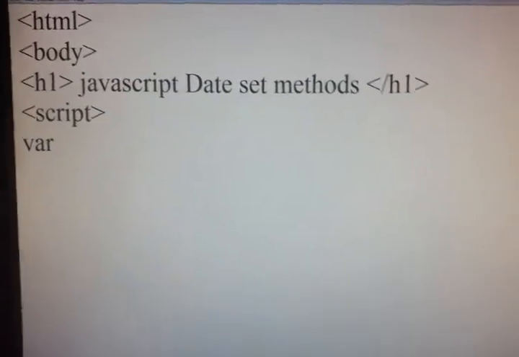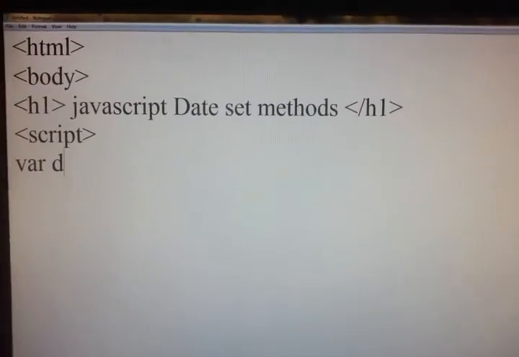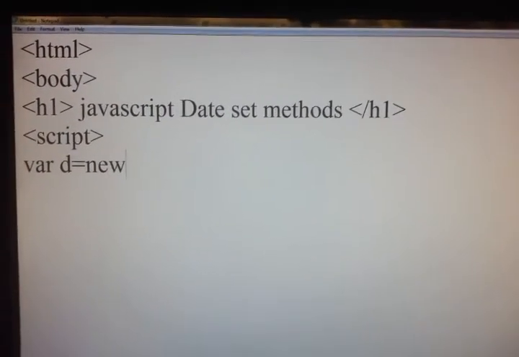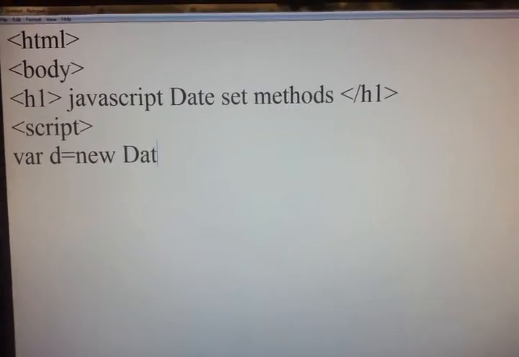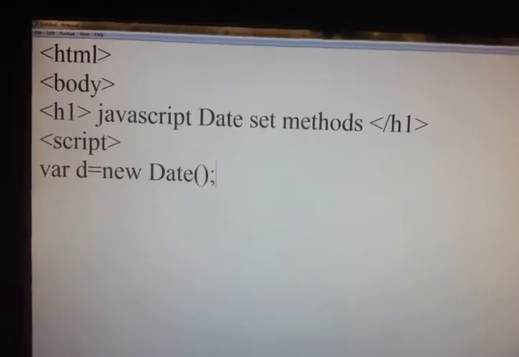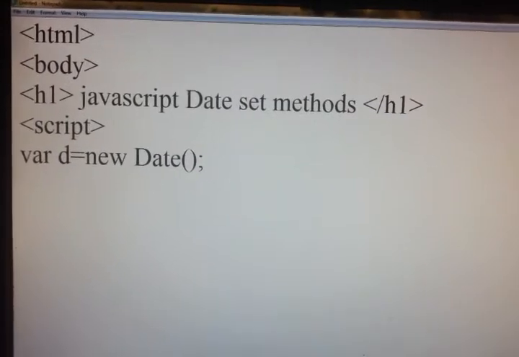Variable d is equal to new Date, creating object of date class.